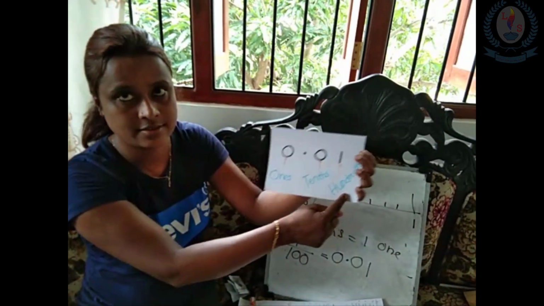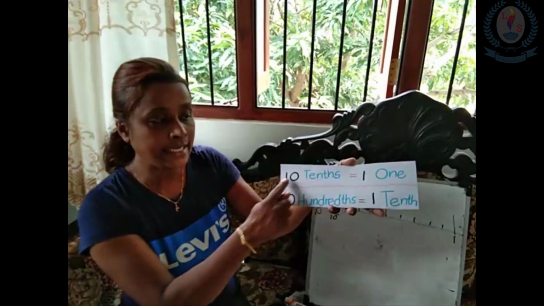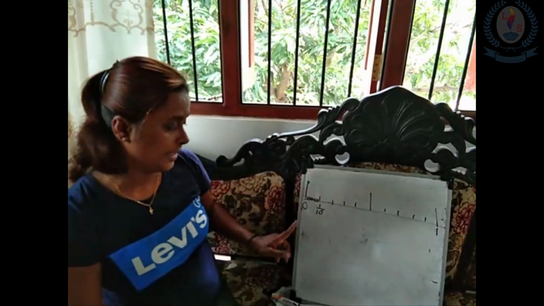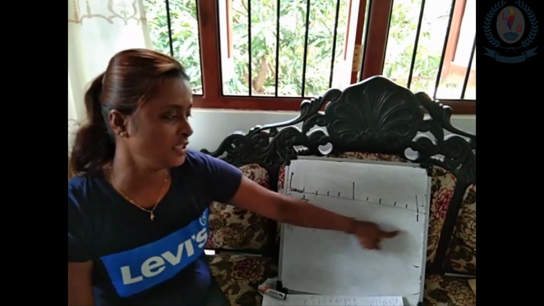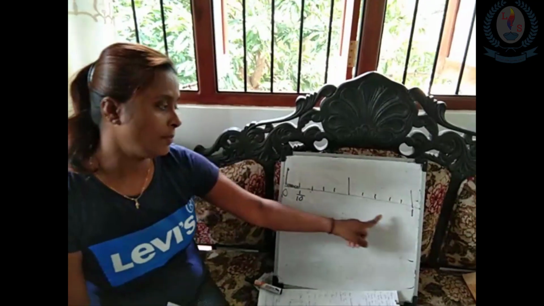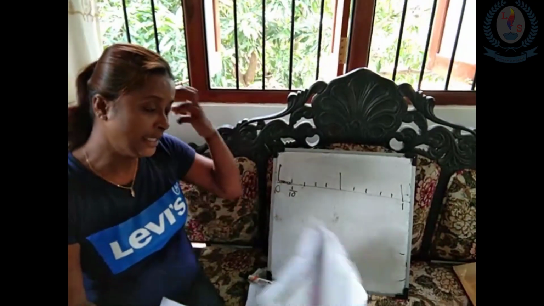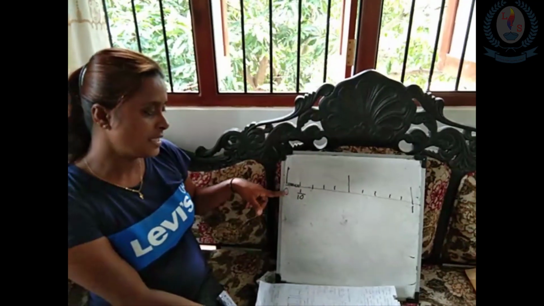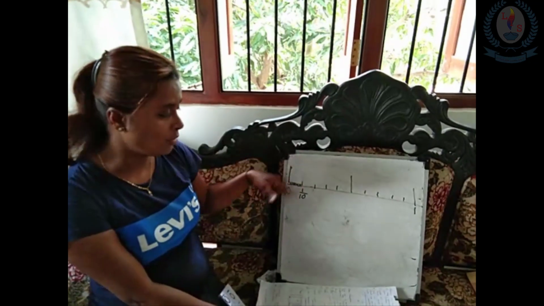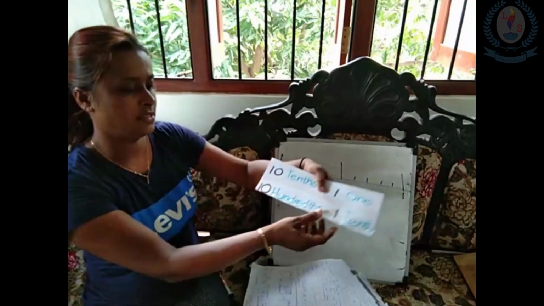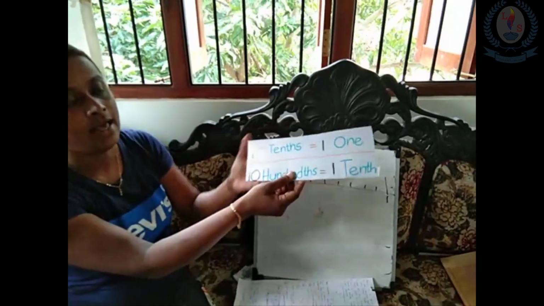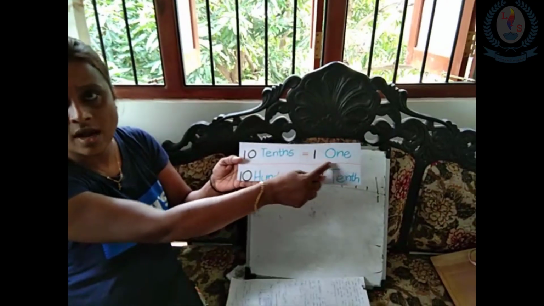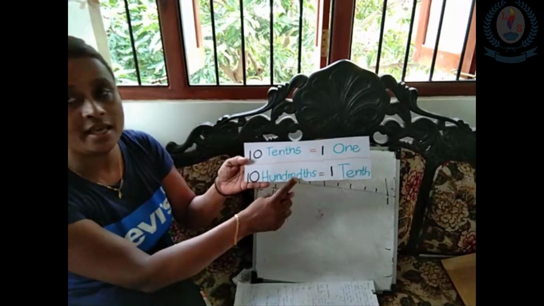The decimal point, the left side number is ones, right side number is tenths, the second number is hundredths. I think you remember that we learned 10 tenths make 1 one. 0 to 1, the interval is divided into 10 equal parts. Each part is called 1/10. Again, this 1/10 part is divided into another 10 smaller parts. Look at this. So, 10 hundredths make 1/10, as 10 tenths make 1 one.